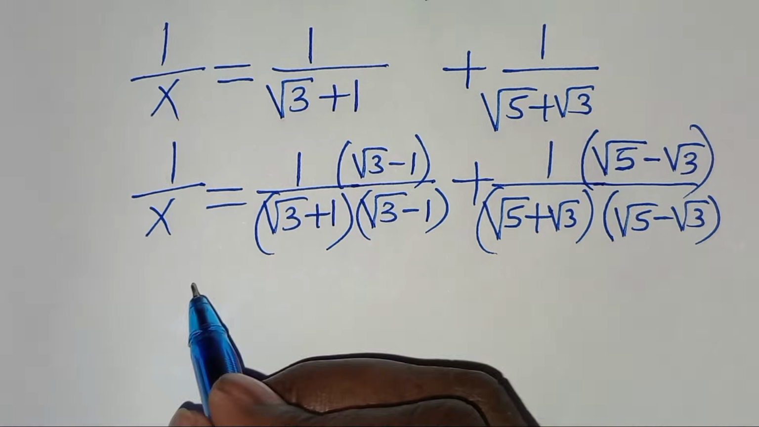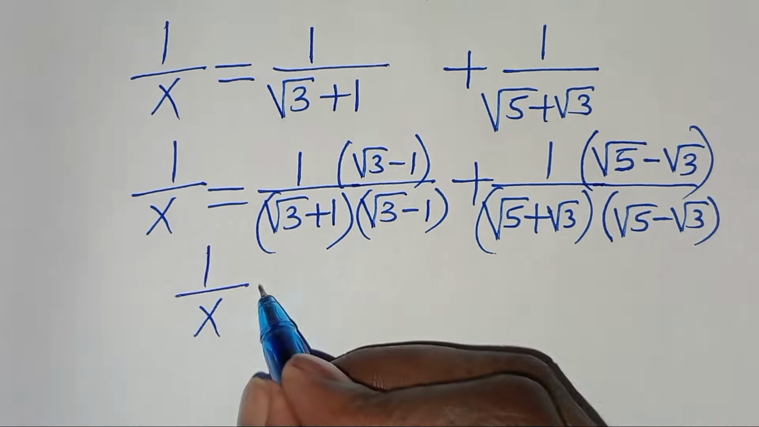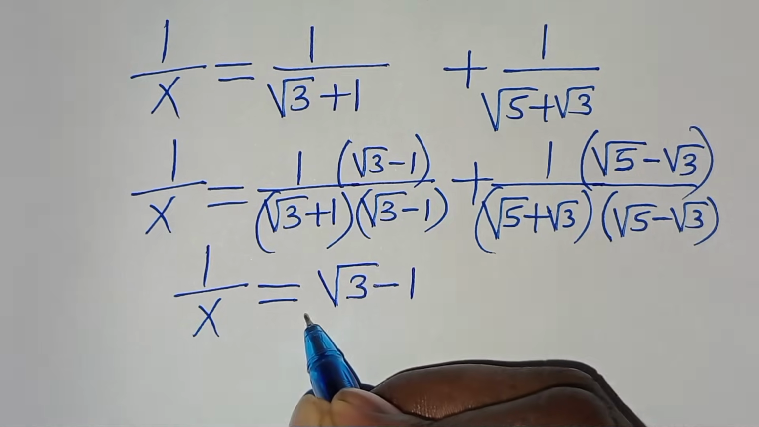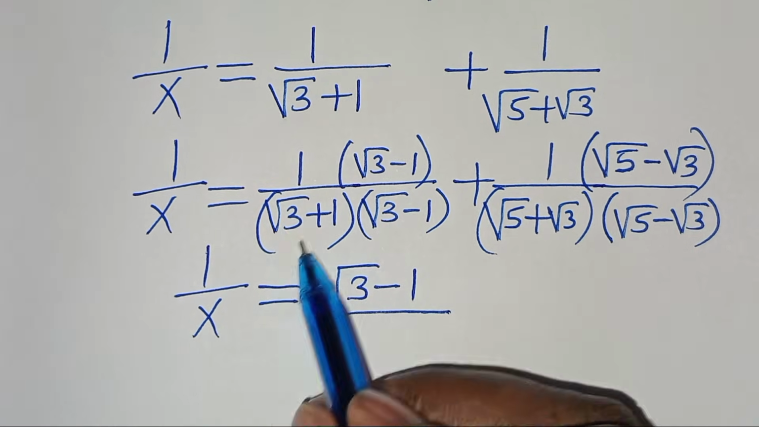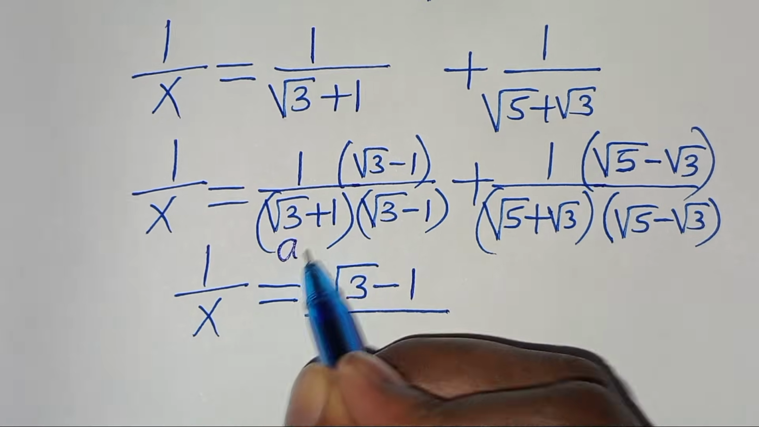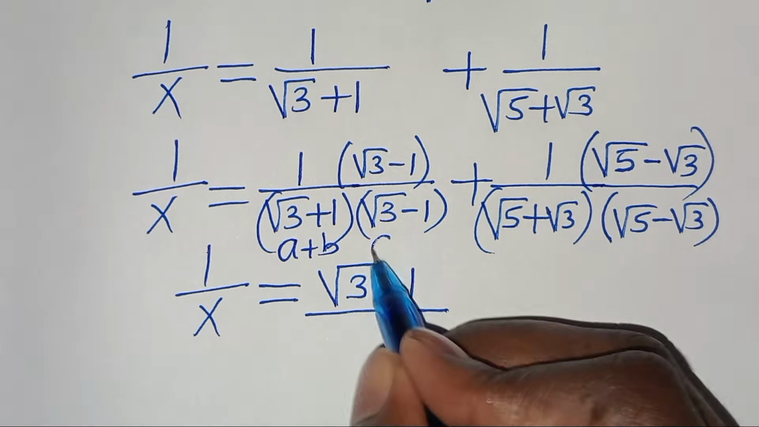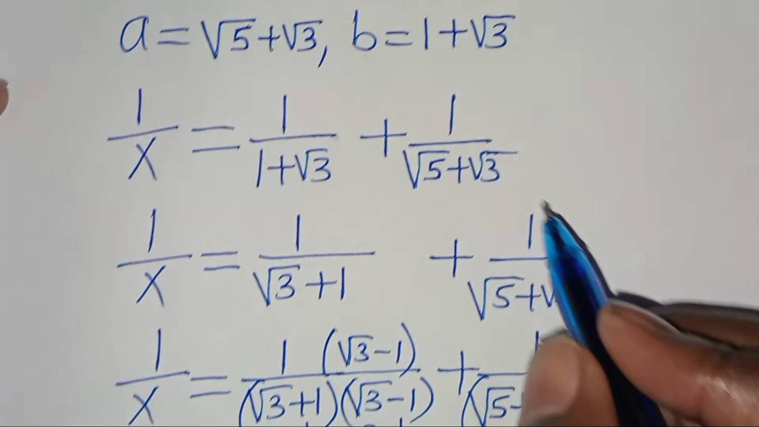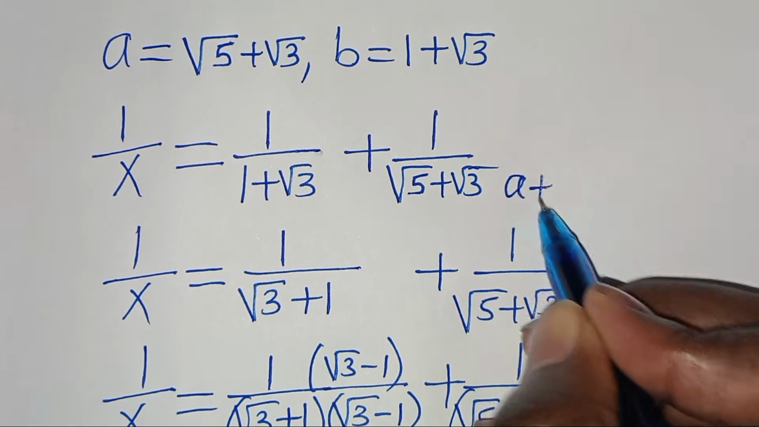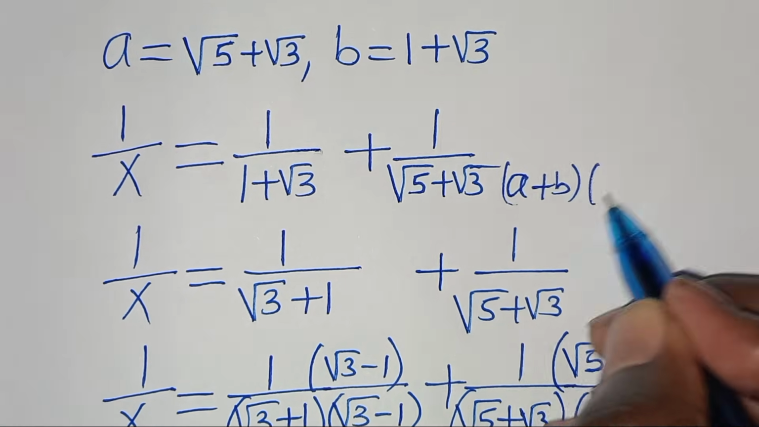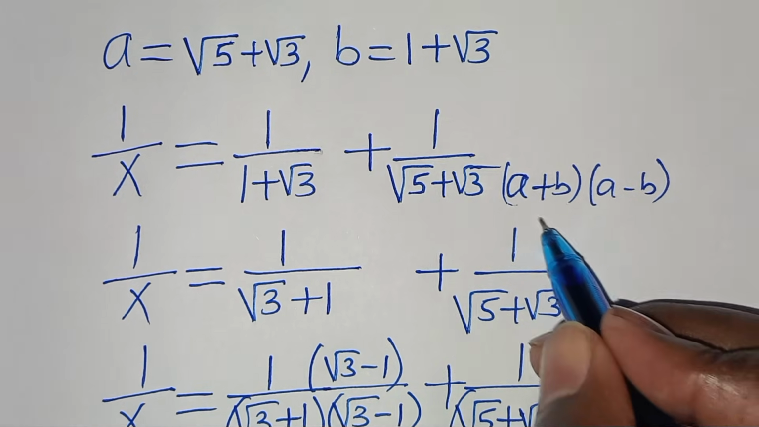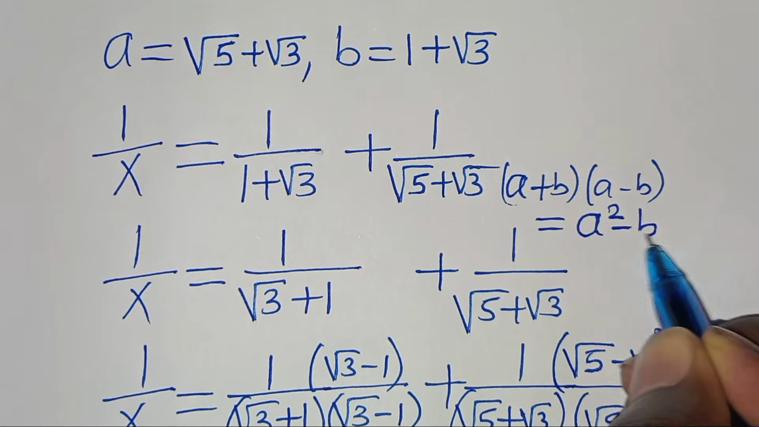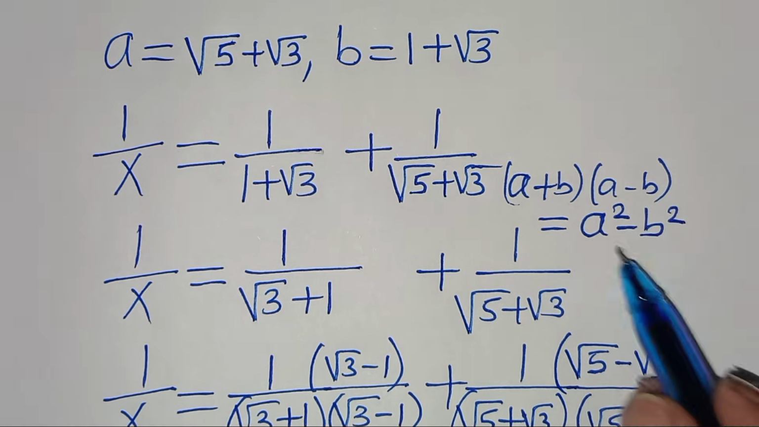So this implies that 1 over x is equal to square root of 3 minus 1 in the numerator. Then we have square root of 3 plus 1, this is in the form of a plus b, multiplied by a minus b. And this means that a plus b multiplied by a minus b is the difference of two perfect squares that we can express as a squared minus b squared. Let's apply this property